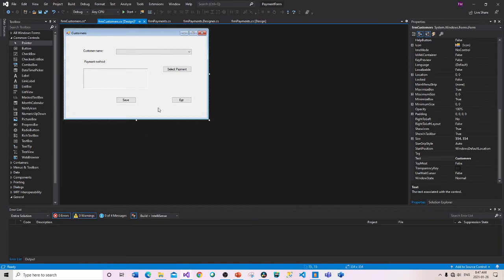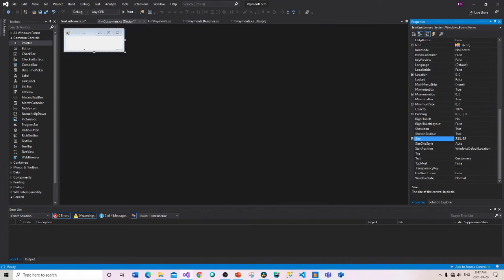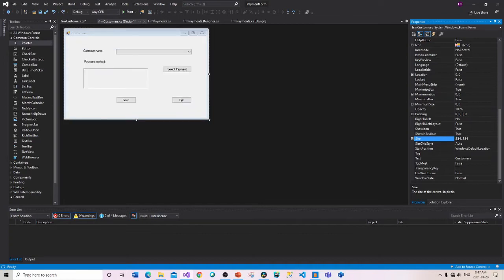So if I look at the size of this, here's a way that I can actually just go in and manipulate the entire size of this. So I can say 233 and 92 as an example. And you can see that the box, that's the actual size of that label box that I just created, which is not what I want to do, right? I actually want to be on the form box. So you have to be careful that you're selecting the right thing. So this will be 424, comma,